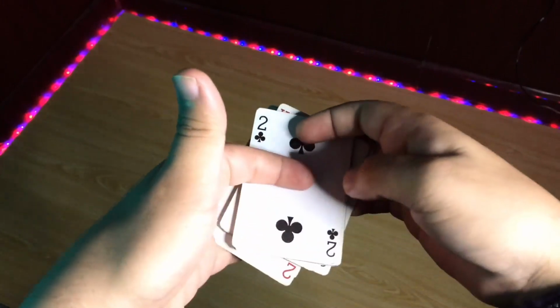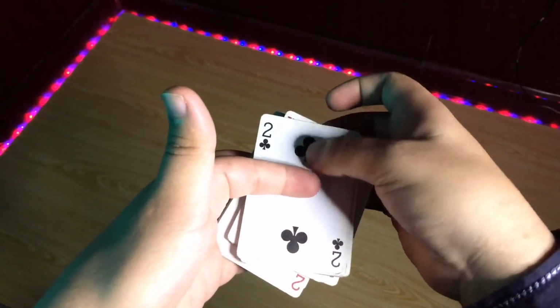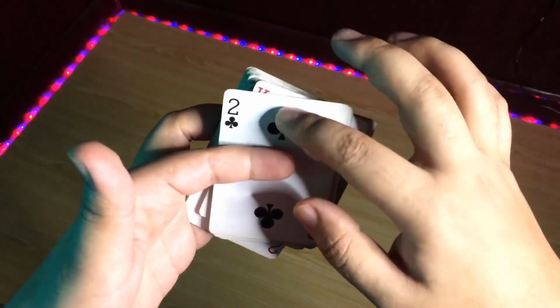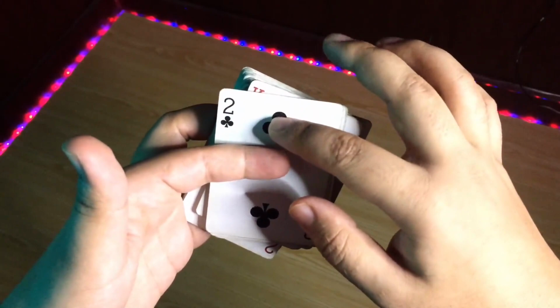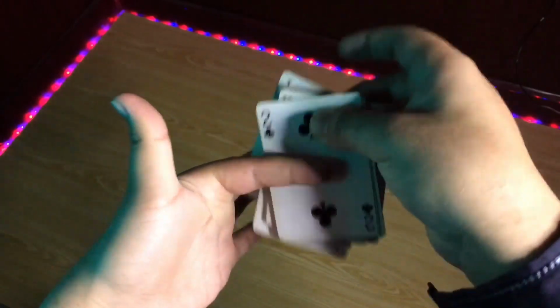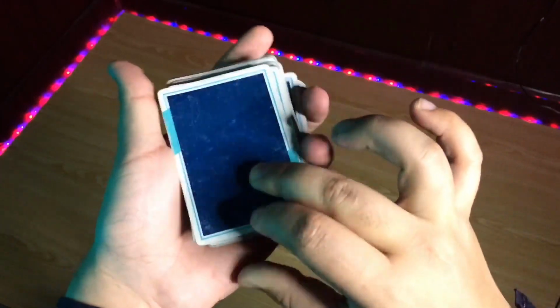Once you place this left index on top, you're gonna re-grip from clipping this packet with your right index and right middle to your thumb, and you're gonna pull this around your left index like so. Now in a quick overview,